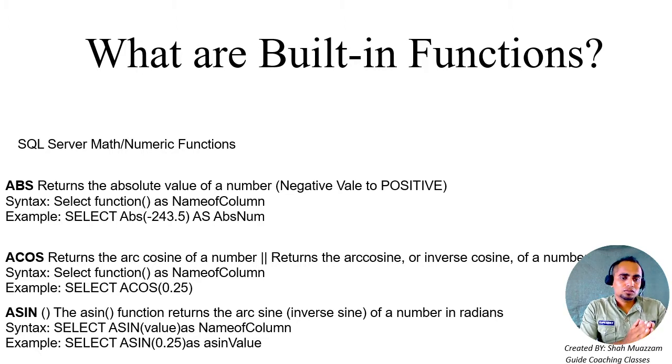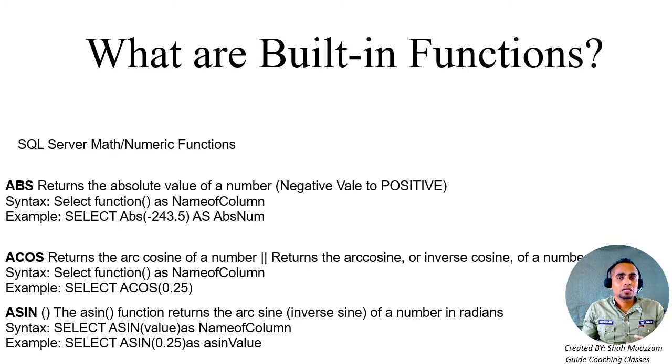So now the ACOS. What is ACOS? ACOS returns the arc cosine of a number. What is arc cosine? It's the inverse of a cosine. So what is the syntax? The syntax is simple. We will write select function, that is ACOS, and then we will write some value, and then we will